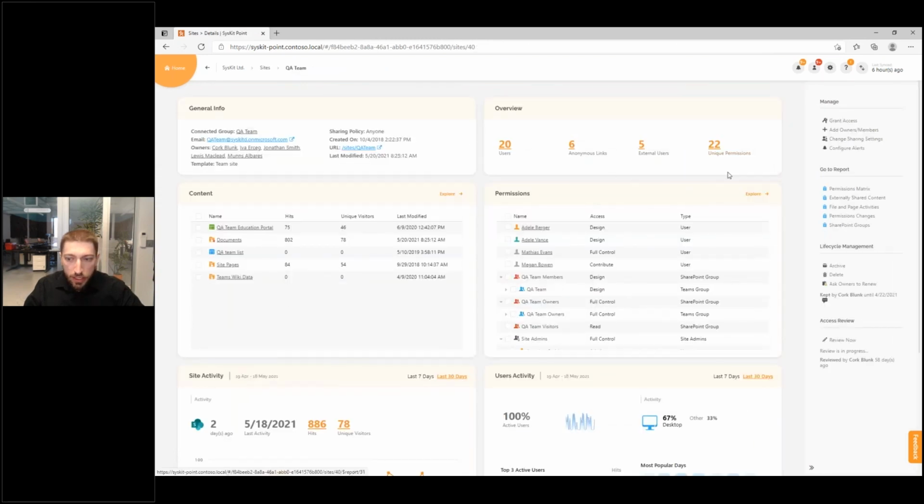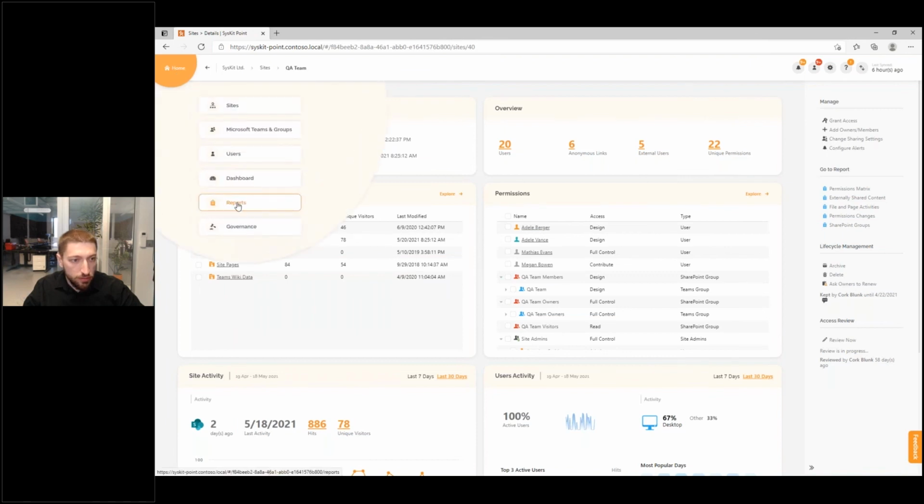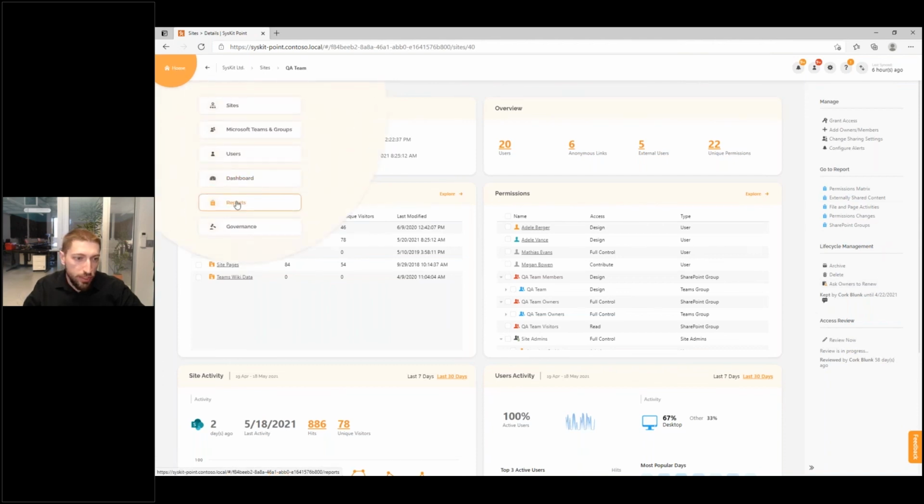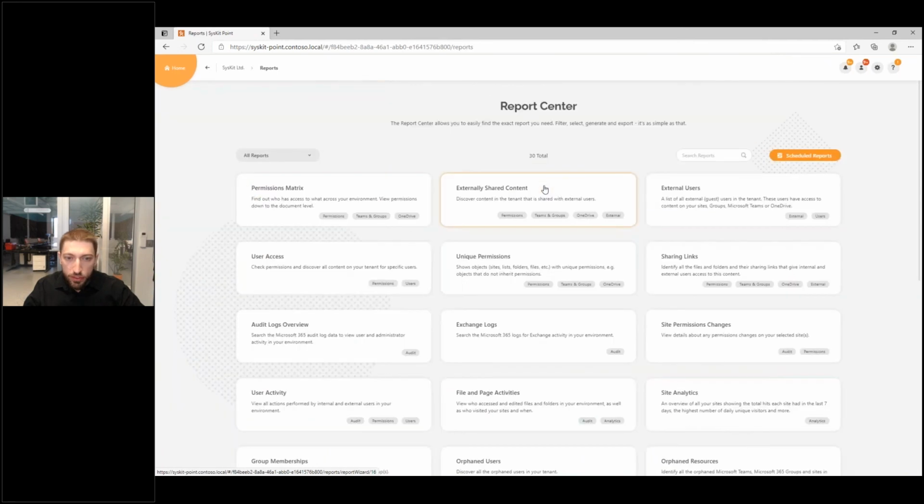The next thing I can do is to go to the report center. So all of the reports that I mentioned here that are actually available in this contextual menu, I can also generate for all different resources that I'm the owner of. So here in the report center, I have all of these reports